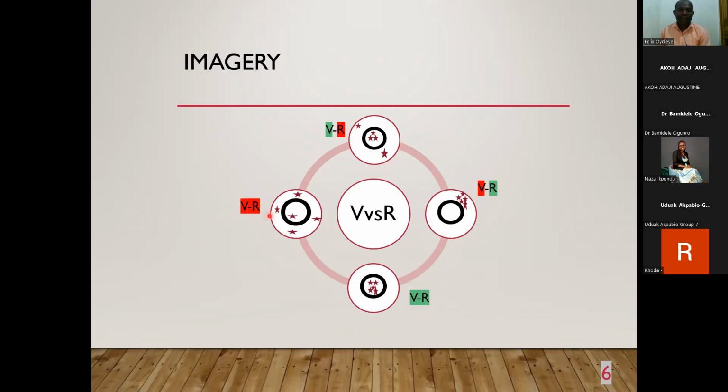Now, in the second case here, you have the stars scattered around, while 1 is at the middle. In this case, we say it is not valid, invalid, and at the same time, not reliable. While in the case